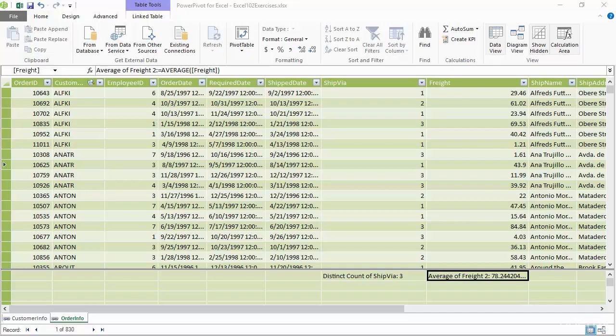So we've created calculations in two different spots within our Excel document. We've created calculations inside of the pivot table. We did an average of the freight, and we did the exact same thing inside of our data model through the Power Pivot tool. Now, one of the benefits of creating calculations such as the average freight or the count of ship via inside of the data model is we can now create KPIs or key performance indicators based on